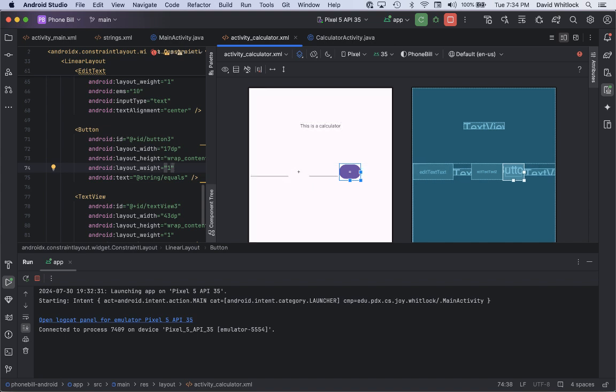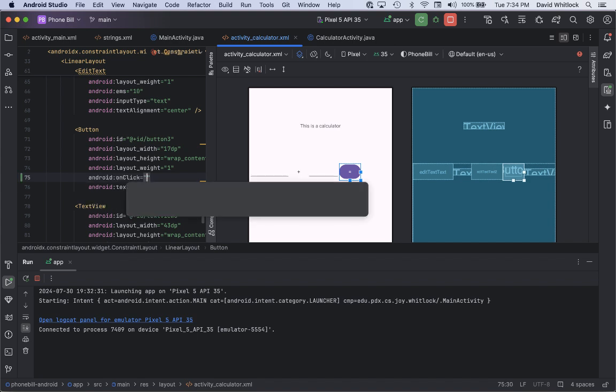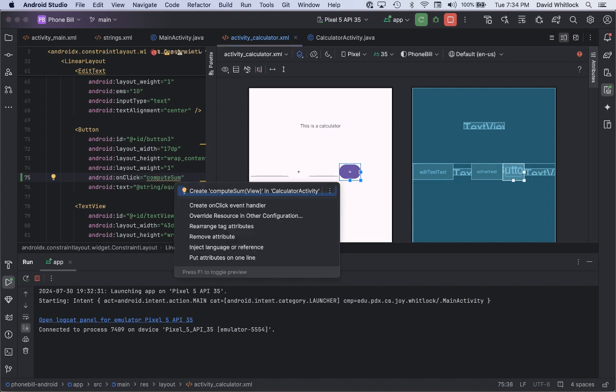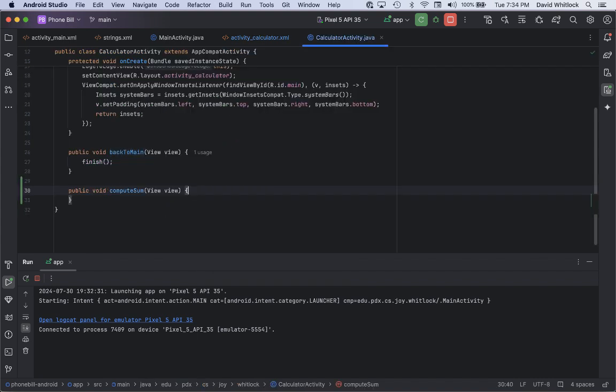So I need to respond to a button click, so I'll just add onClick, and I'll say compute sum,